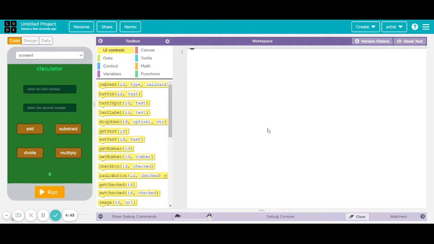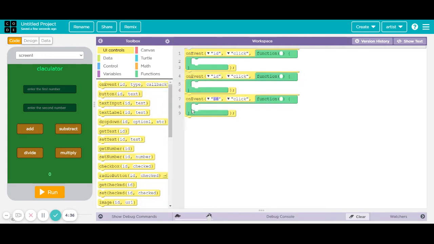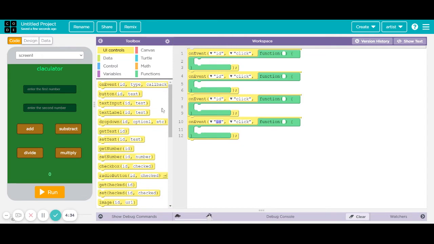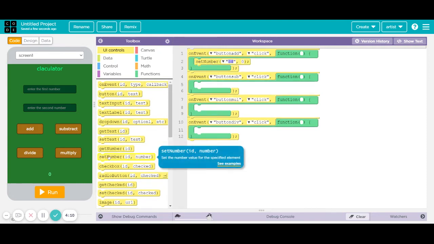For that we need four on-screen blocks. The IDs will be: first one button add, then button subtract, button multiply, and then button divide. Let it be click itself. Here, set number in the four you have to give,